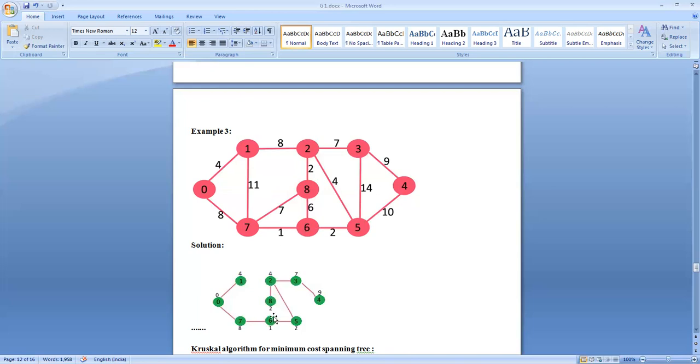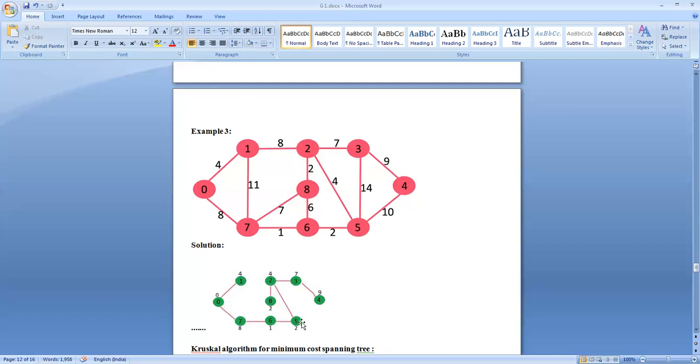Then from 6, there is an edge with value of 6 and an edge with value of 2. Which is minimum? 2 is minimum. So the edge between vertices 6 and 5 is selected.